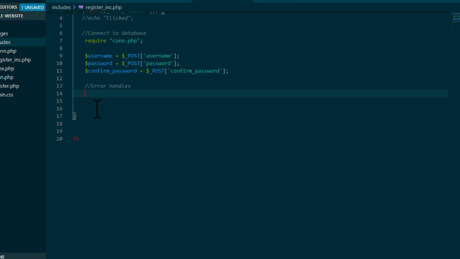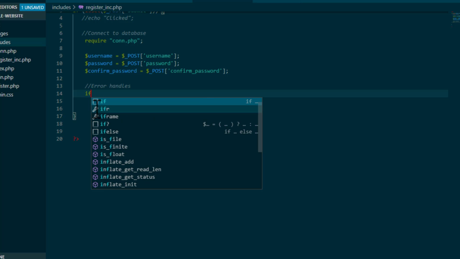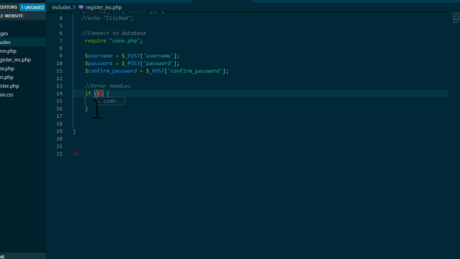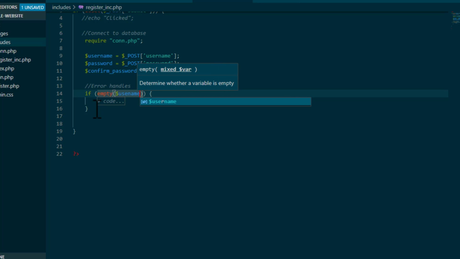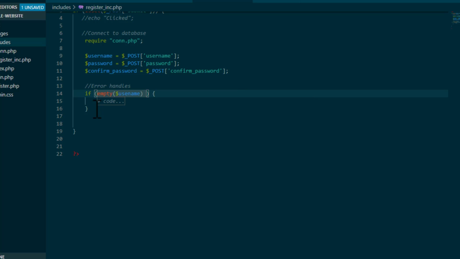So the first error that we'll check is if the user clicked the submit button without filling all the required information. And to be able to do that, I'm going to use the if statement to check if the user has filled all the field names. So I'm going to come and say if, and the condition will be empty, open and close bracket, the username. So I'm going to come and have the variable username, and then outside that I'm going to come and have these two lines,